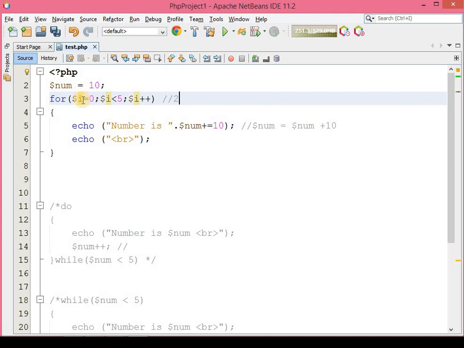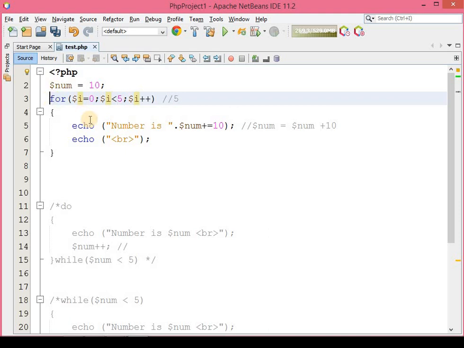After that again this condition will be checked. I is less than 5. What is current value of I? That is 2. 2 is less than 5. Increment operator. So I become 3 and execute this statement. So once it become 5, it will check for condition. Okay, 5 is less than 5, condition become false, and that's how this for loop will be terminated. Okay, so this is all about for loop.